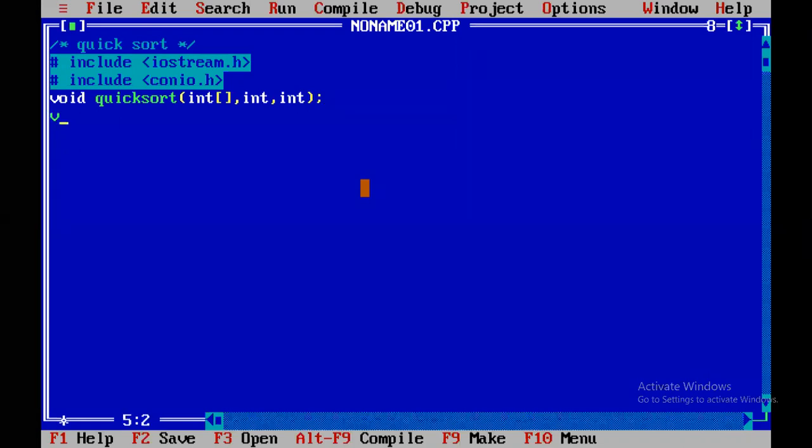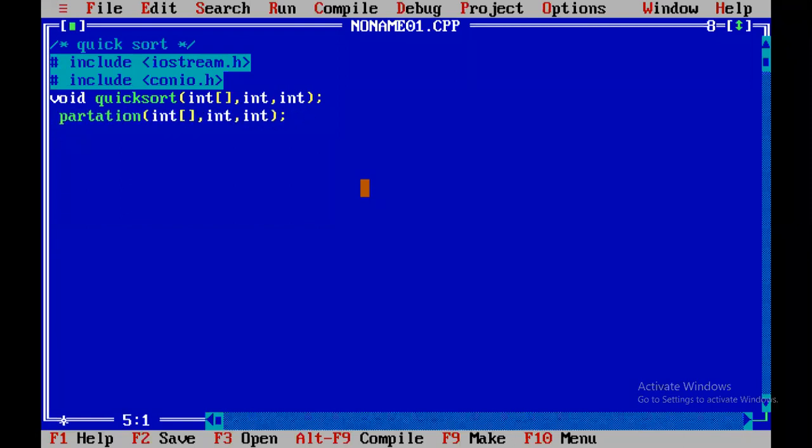So again we need one more function, int partition. Here we are using two functions. For these two functions I am writing the function prototyping. So one is called quicksort, another is called partition.